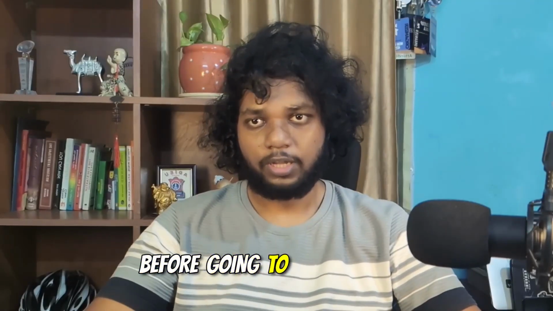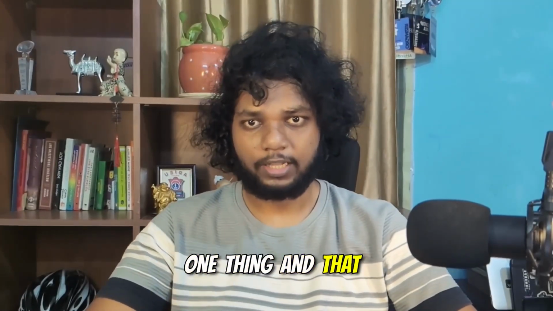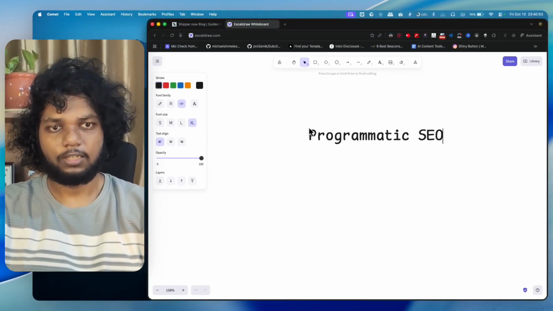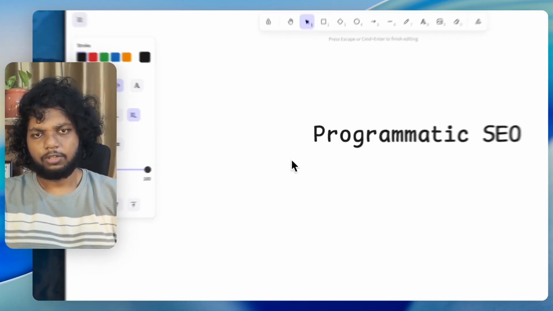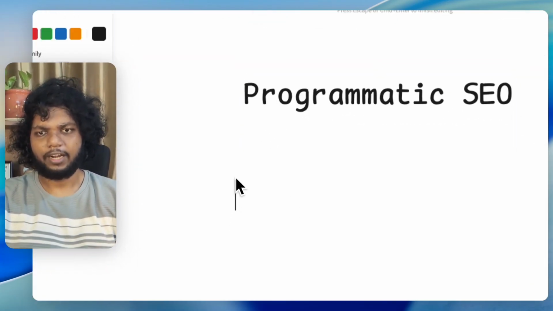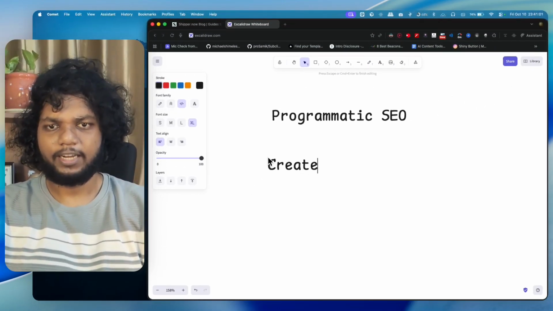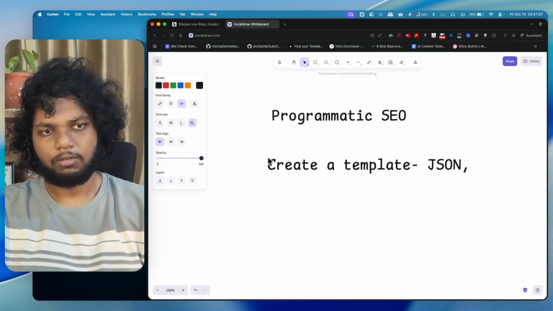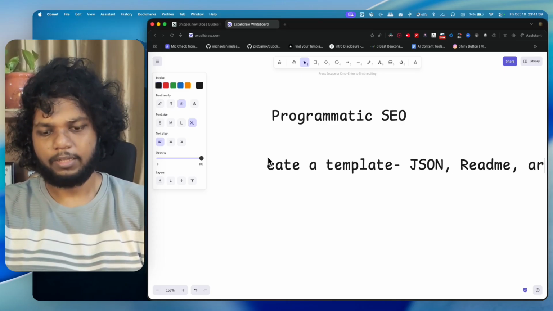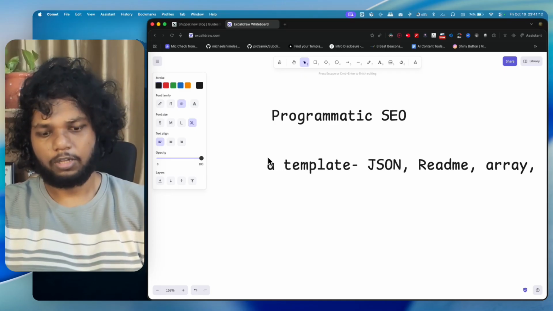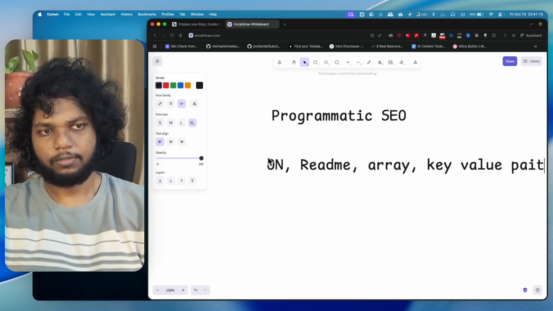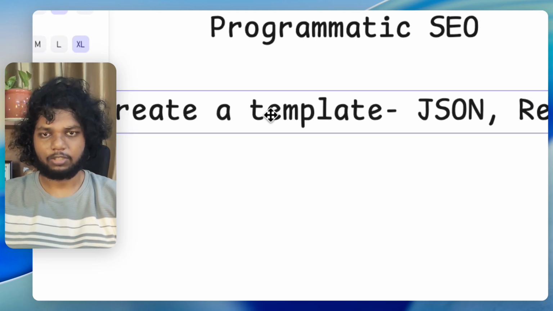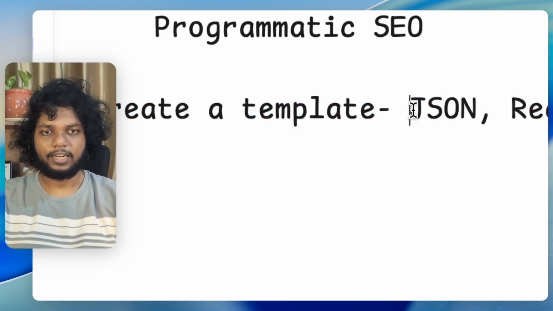Before going to the example, let me show you what exactly programmatic SEO is. This is the guide which you need to understand. Programmatic SEO is nothing but you create a template. That template can be a JSON, a readme, or maybe an array or key-value pairs. It can be anything. The best way is to create a JSON file which you can iterate for each